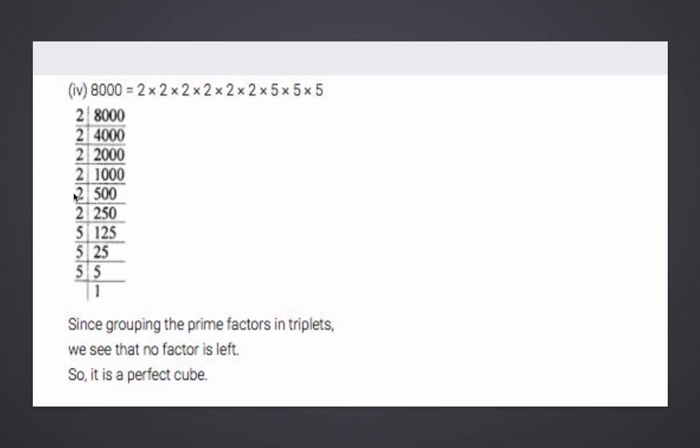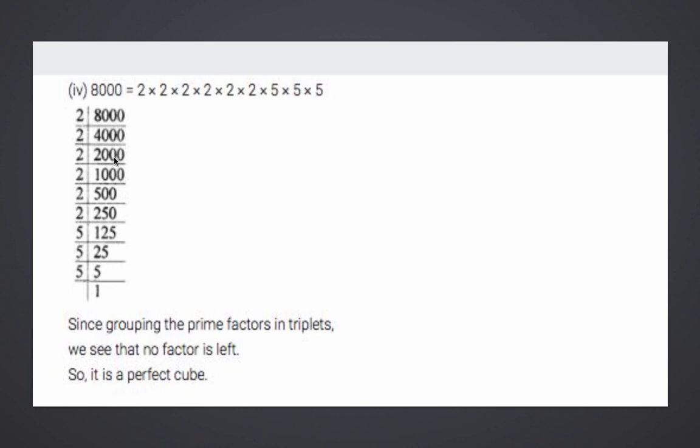1, remember, is neither prime nor composite. Even 10th class students forget it. 1 is neither prime nor composite. So the smallest prime number that we know is 2. 2, 3, 5, 7, 11, 13, 17, 19. These are all prime numbers and so on. Fine. So at least till 19 you need to know. If you know more, that will also be good. Prime numbers are numbers which have only two factors, 1 and the number itself. They don't come in any other table other than 1 and the number itself.